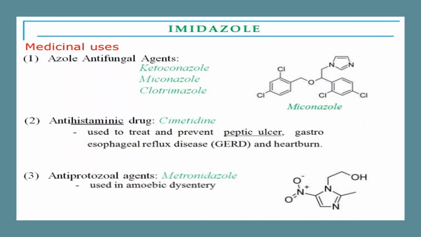It is used in many of your compounds. Your antifungal agent contains an imidazole ring. That is necessary for antihistaminic, antiprotozoal, metronidazole. In case of stomach infection, you take metronidazole. It is nothing but a nitroimidazole derivative which contains an ethanol linkage attached to your aliphatic nitrogen. It contains an ethanol on the aliphatic nitrogen with a nitromethyl imidazole derivative. That is your metronidazole, which is used in the treatment of amoebic dysentery.